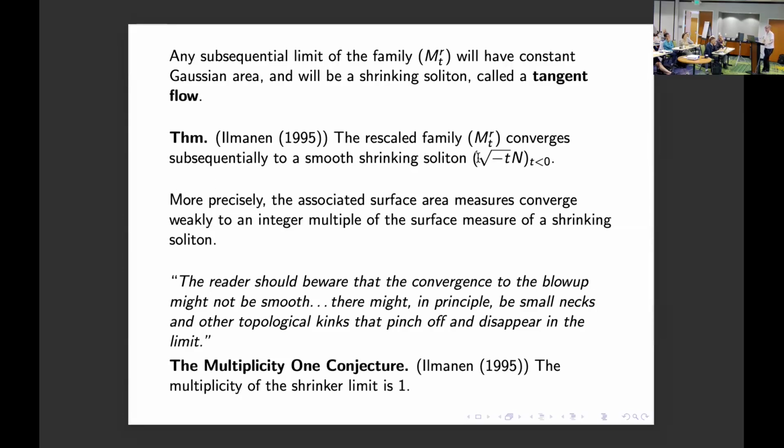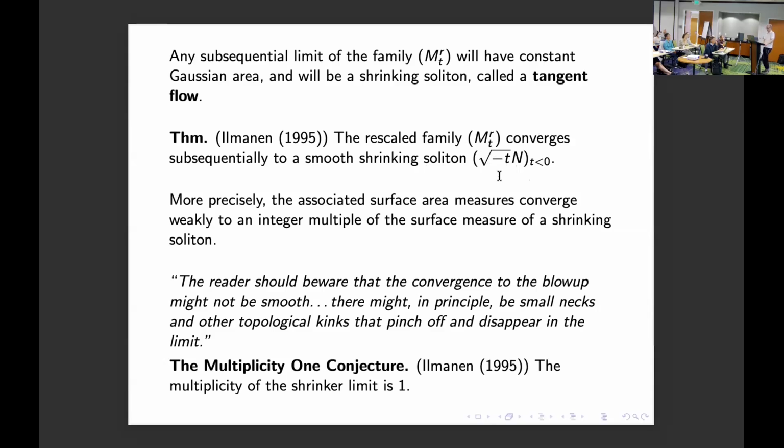So what's happening is instead of looking for each R, you have a mean curvature flow here. So instead of looking at the evolving surfaces, you replace the surfaces by the surface area measures. Okay? So for each R, you get an evolving measure. And then the claim is that that family of evolving measures converges weakly in a natural sense to an evolving measure. And the evolving measure is going to be the surface area measure of this shrinking soliton, possibly multiplied by some integer, which might be larger than 1.